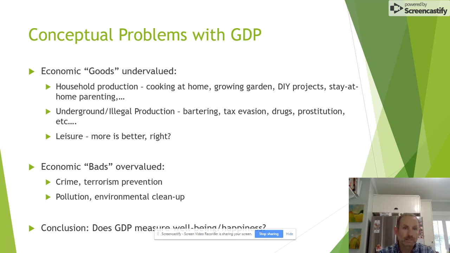Okay, this is one of the possible critical thinking paper topics or relates to it, but there are some conceptual problems with GDP. A lot of people think GDP measures well-being, so that a country with a higher GDP must be richer and better off than a country without one. But we talked a little bit about this a couple chapters ago, but that's really not fair. A lot of economic goods, a lot of really good productive things are undervalued, such as the value of cooking at home, growing gardens, do-it-yourself projects, stay-at-home parenting, volunteer work, those kinds of things. There are a lot of things in the underground economy that you could argue maybe offer positive, valuable